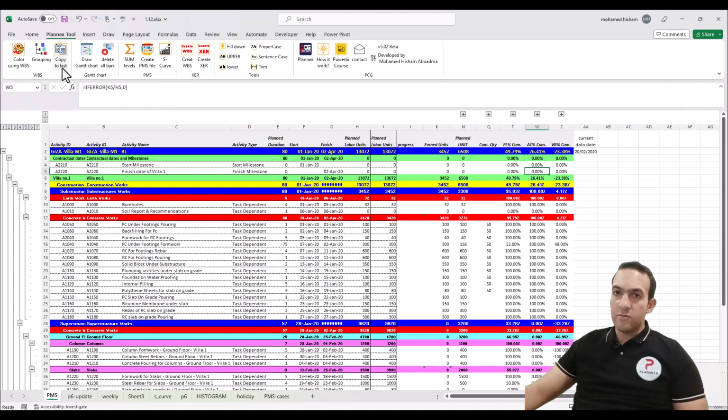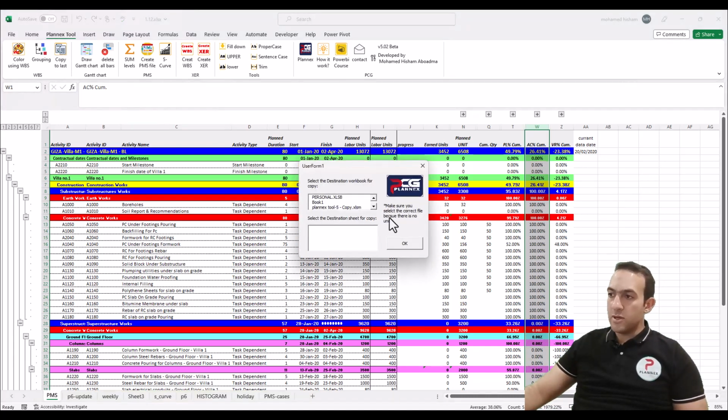The feature we have today is copy to last, as I said. After you update, sometimes you need to save these values with a date, so you can make a trend analysis over the weeks or months. How to use it? Simple, copy to last, and you can select